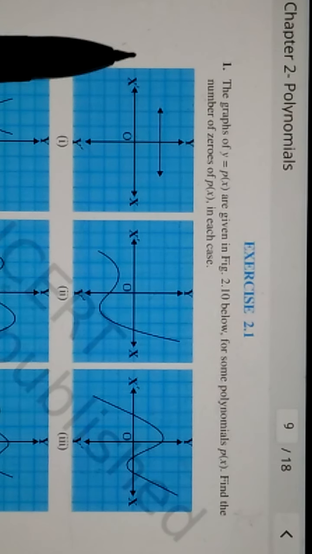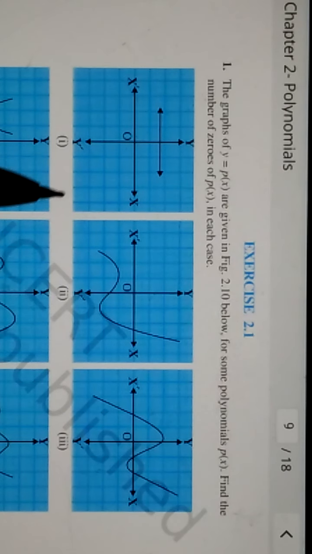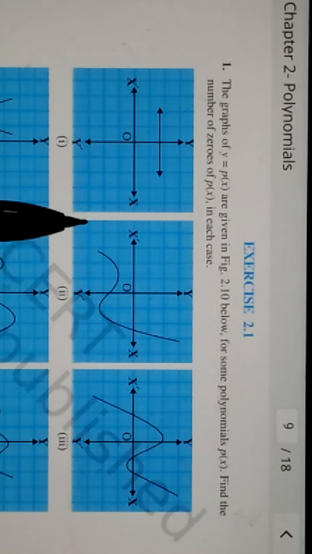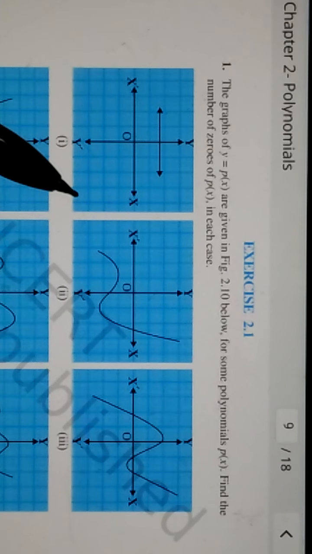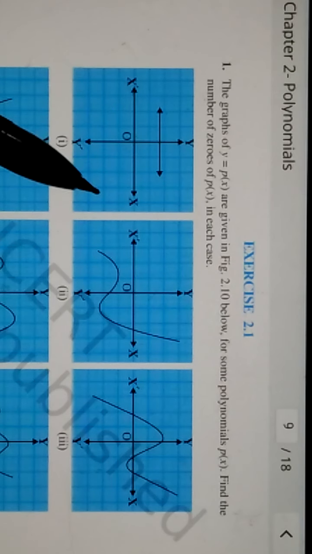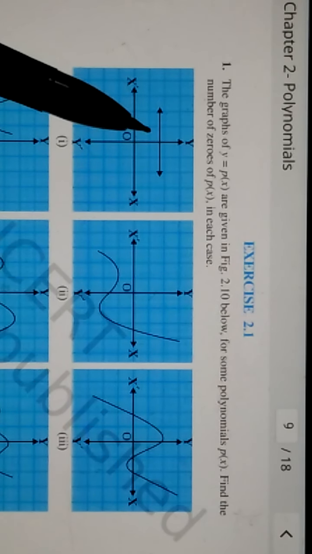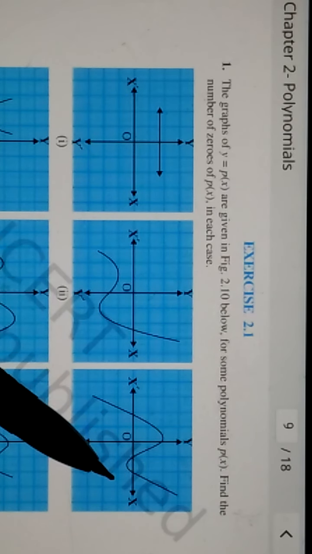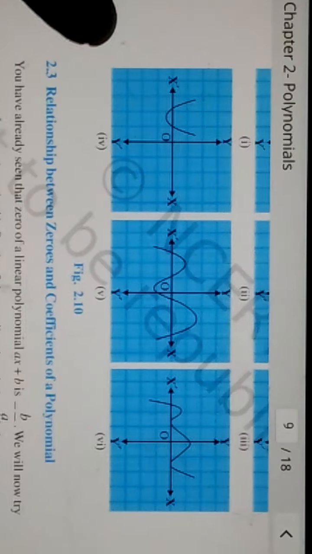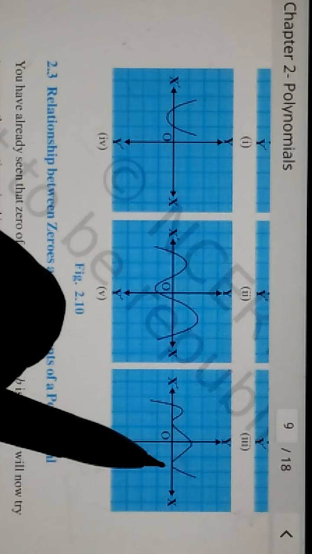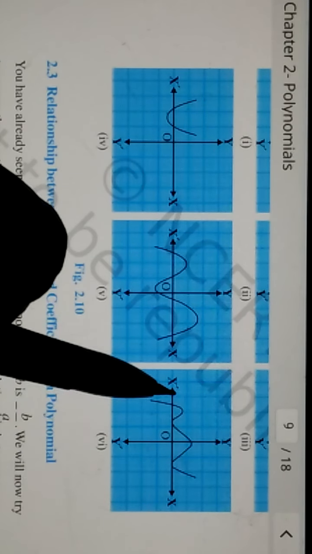So algebra में जब हम x is equal to 2 को देखेंगे, so we will call it as a constant polynomial, not f(x) is equal to 2. All right, so if I say f(x) is equal to 2, that way a single number is given, then we call that as a constant polynomial, right? And its degree is 0. So this is the case of a constant polynomial, no 0. This one has 1. This, as you can see, 1 2 3 places, so 3 zeros. Then next 2 zeros here, 1 2 3 4 zeros here. Even if it is touching, we'll count it as zeros, 1 2 3 zeros again.